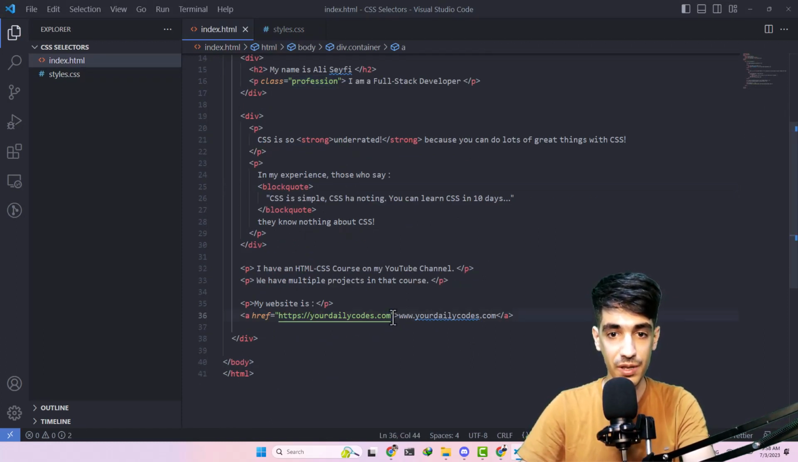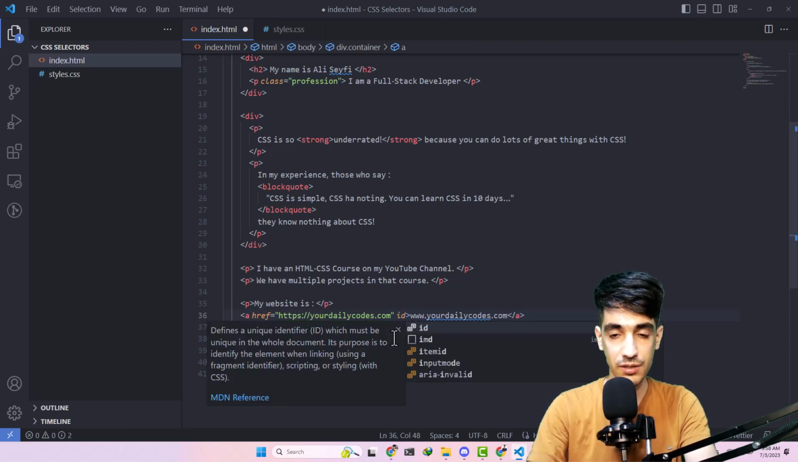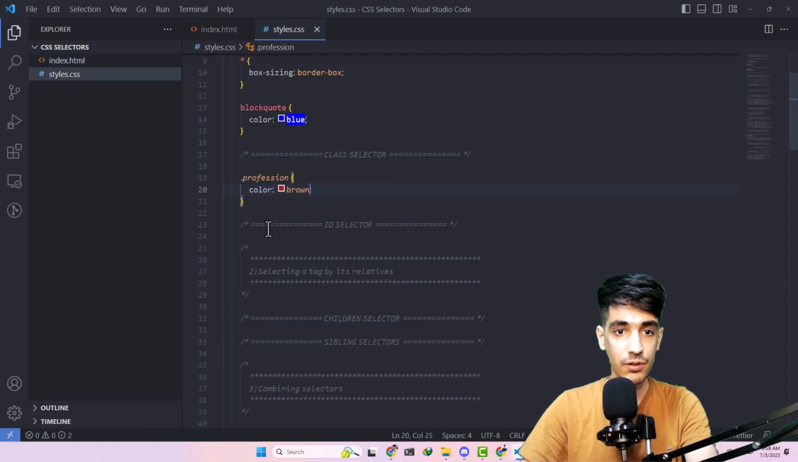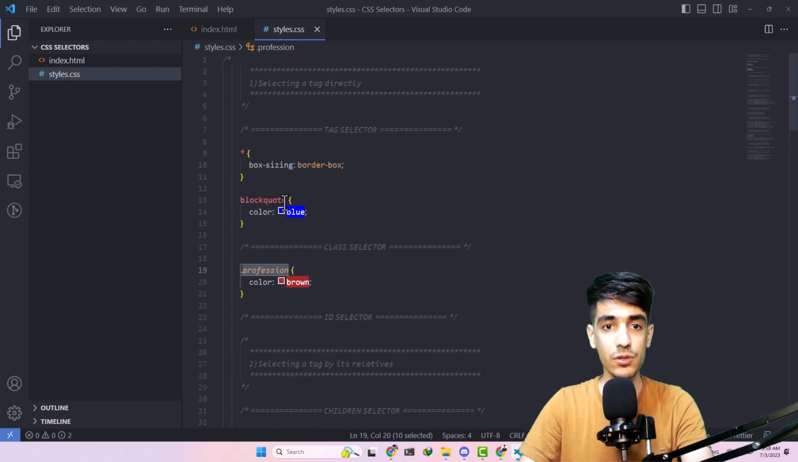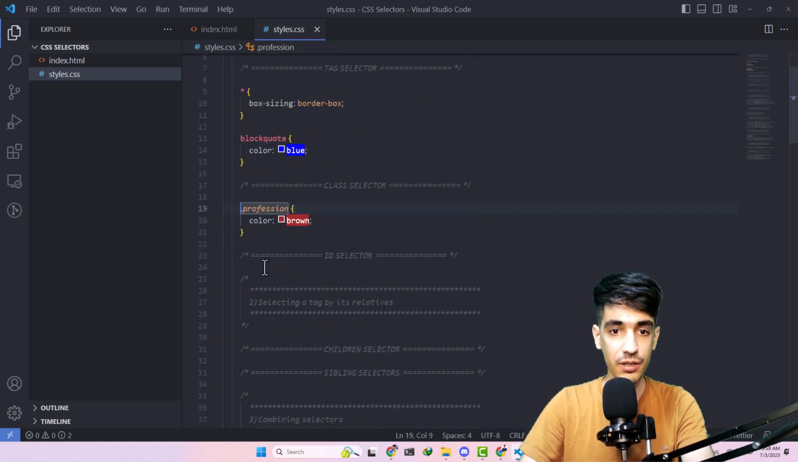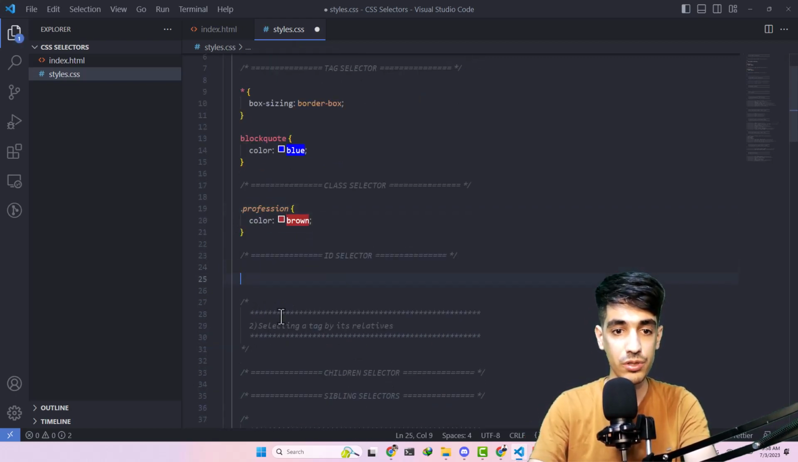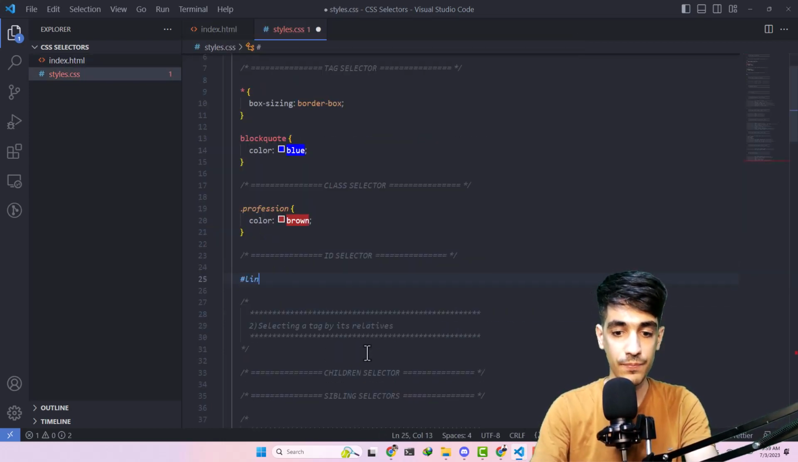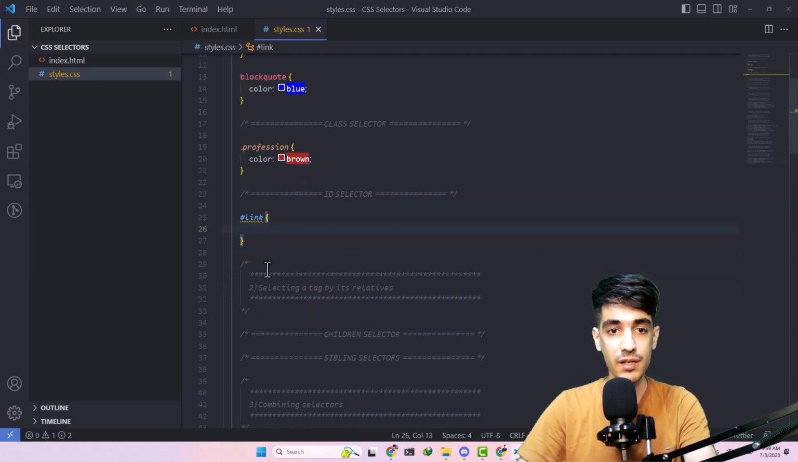For example, we can apply an ID to this tag, and we call it link. This is our link, and sure enough, if we use the dot character for selecting a class, so for tag selector, we just write down the name of the tag itself with nothing. For class, we use the dot operator, and for the ID selector, we use the pound sign operator. But this was link. We can say go ahead and select anything that has an ID of link, select it,